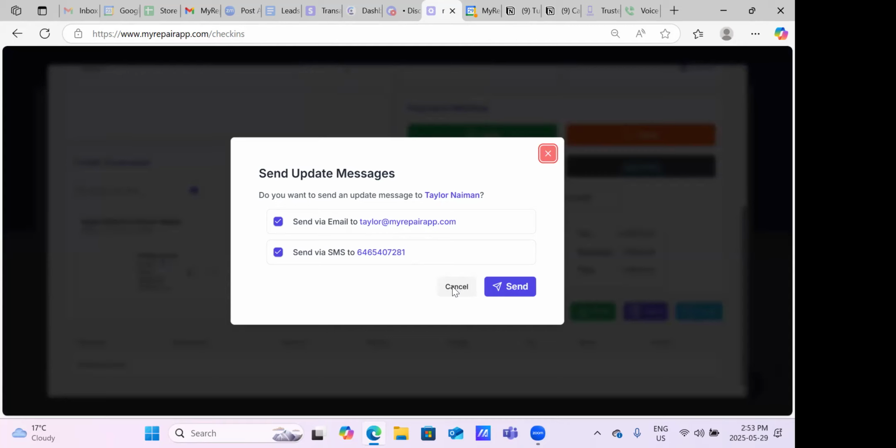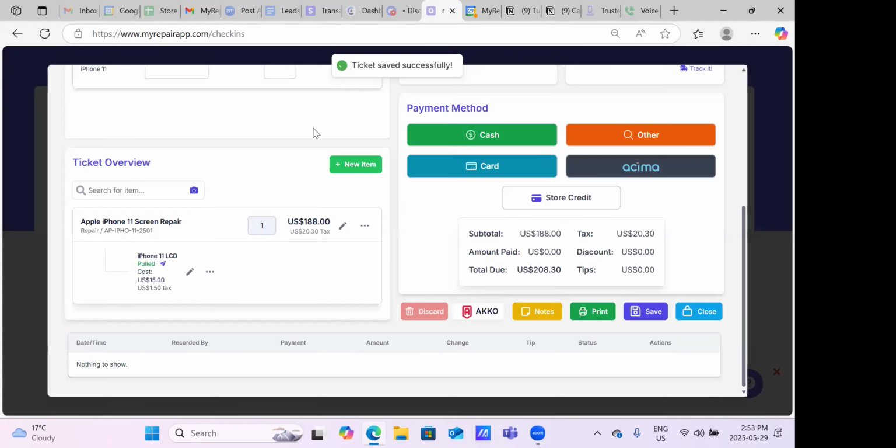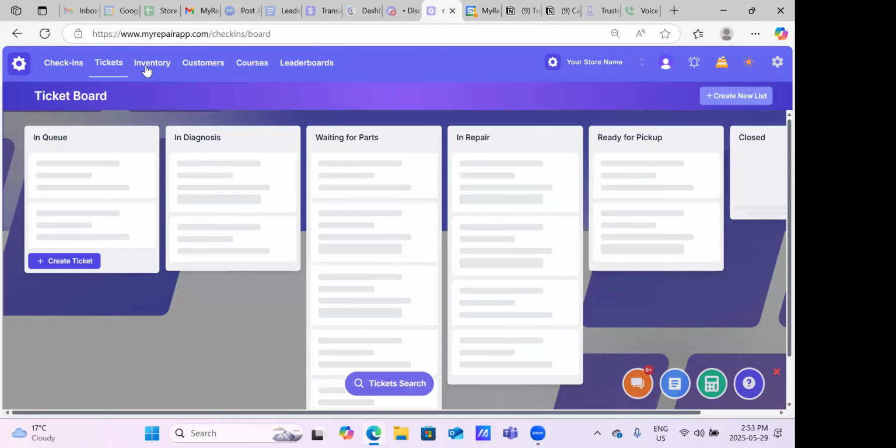Now, once I save this ticket here, it's going to pop up the ticket board. It is just going to take a second between. This is our demo account. Plus, I do have a million tabs open, as you can see. So it's just going to take a second, but